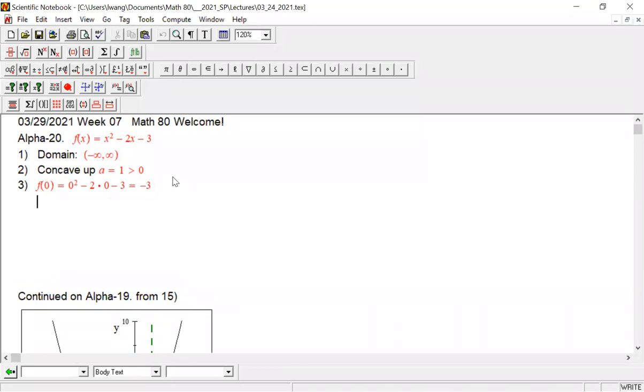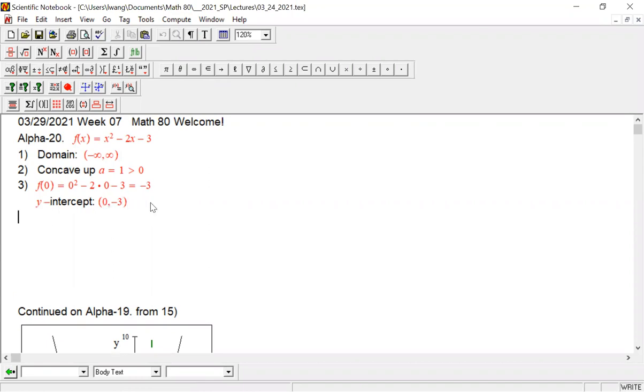So the y-intercept, we have only 1, right? Because it's a function, for each input there's exactly one output. We cannot have more than one output for the input 0. Therefore, we only have one y-intercept. Number 4,